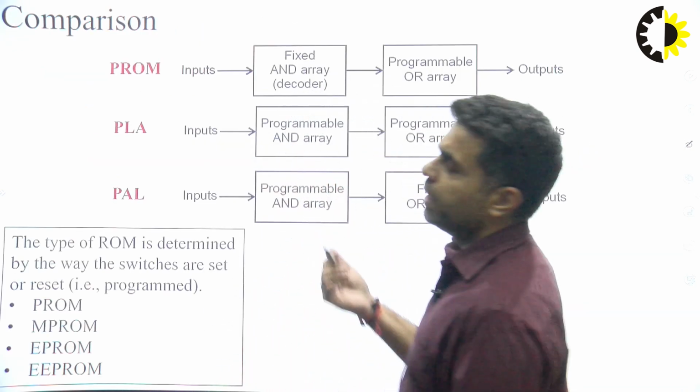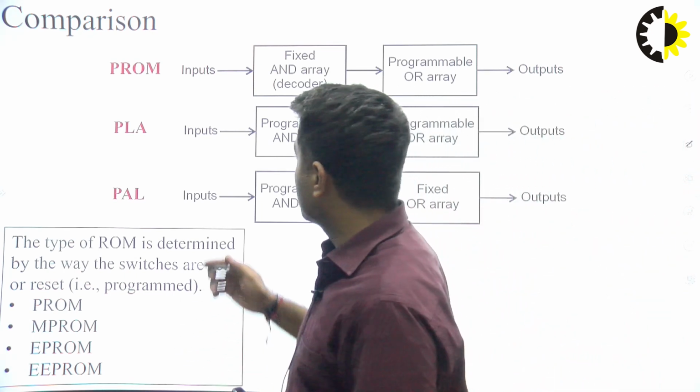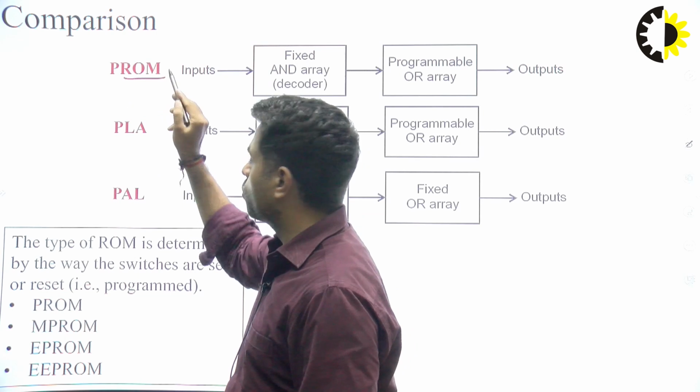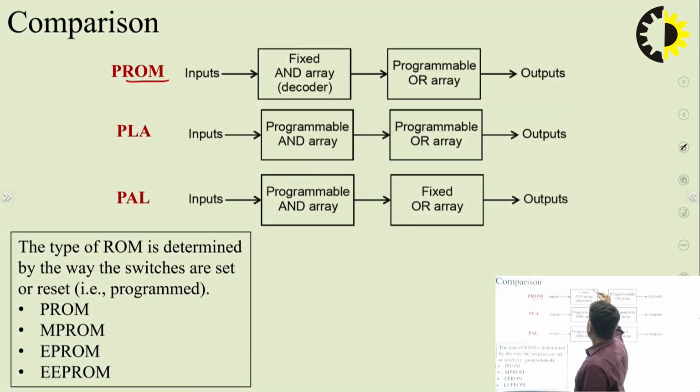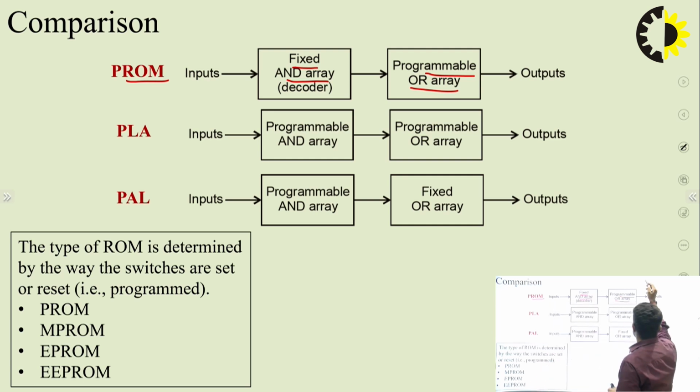If we compare all these 3, we can see that in PROM, the programmable ROM, the AND array is fixed and the OR array is programmable. Now what does this AND array and OR array mean? Whenever we are provided with a SOP expression,